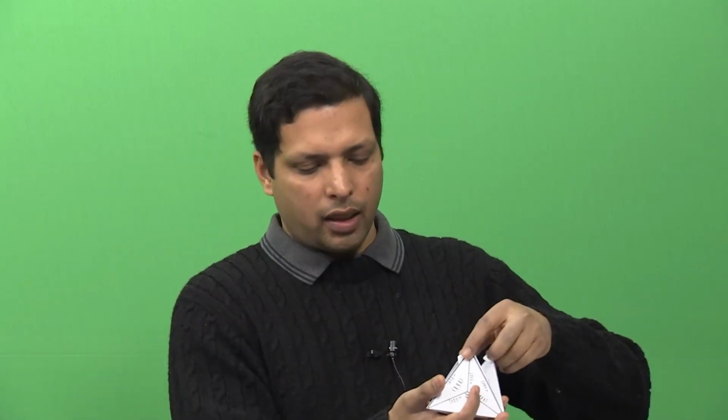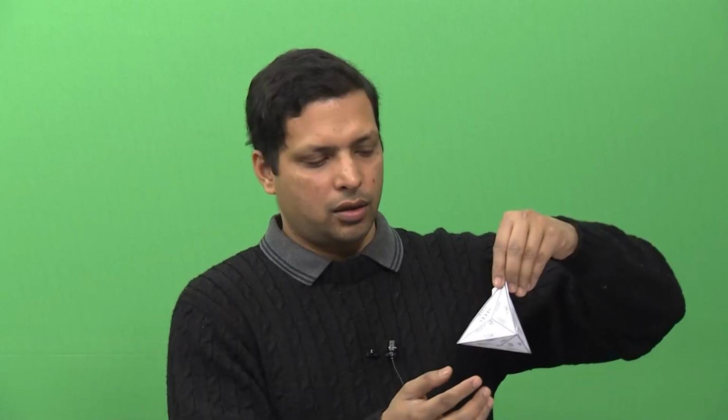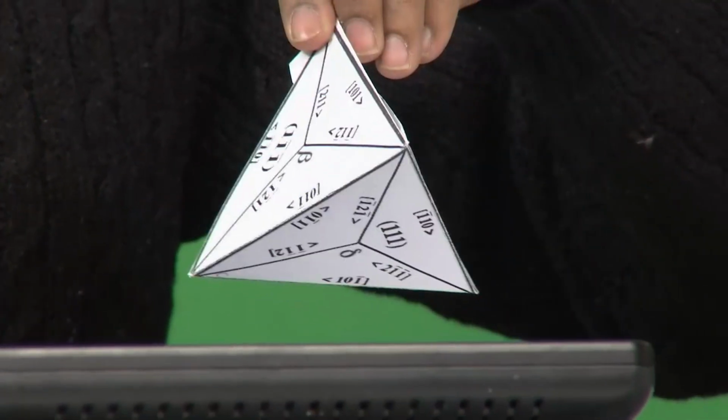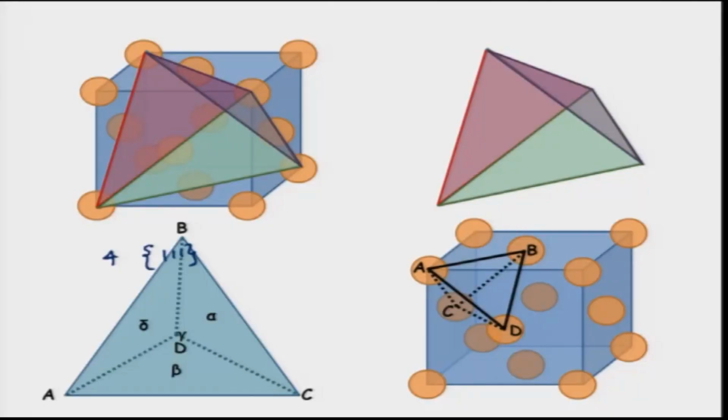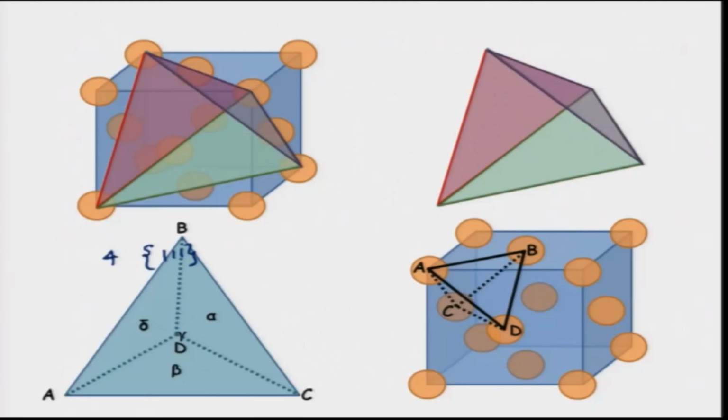So, now I will first make it into a tetrahedron. So, this is our tetrahedron, like I said, this has 4 triangles. Now, you can see 1, 2, 3 and the 4, and as shown over here, I am putting it over here like this. So, you have the 3 triangles, and when you are looking from the top, you can see the 3 triangles that you have drawn over here.